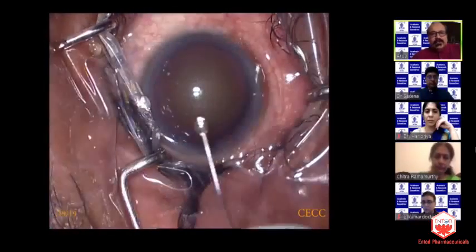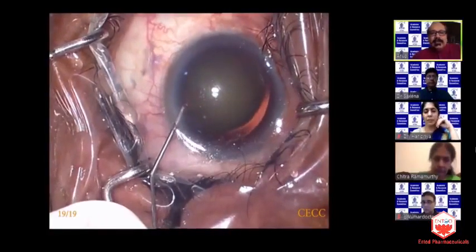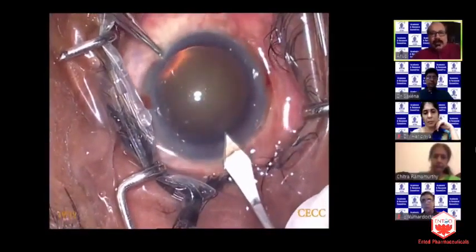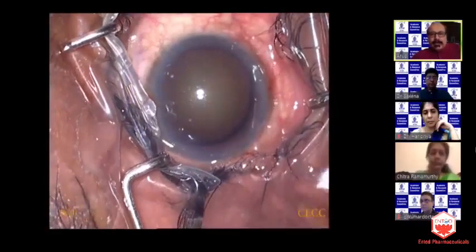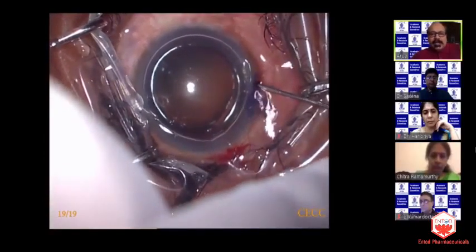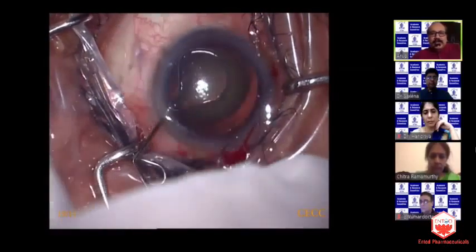AC was shallow. The intraocular pressure was quite high. So I'm having difficulty even injecting intracameral Zylocard, 1% Zylocard here. So I had to go ahead with the case for some reason. So I wanted my circulating nurse to start an IV mannitol, 20% mannitol drip, about 150 cc in a fast drip, so that in 10 or 15 minutes the intraocular pressure comes down and the surgery